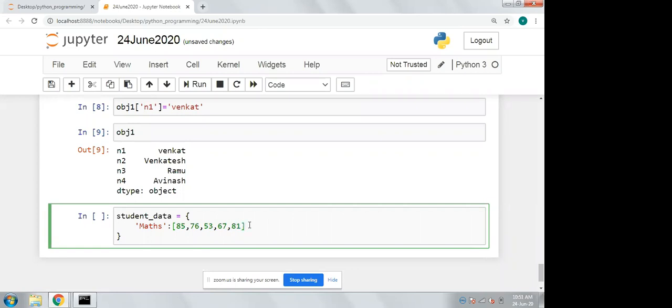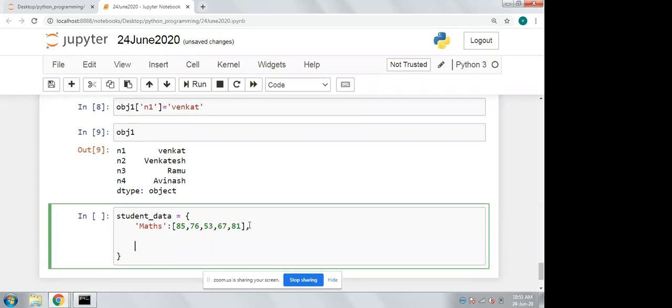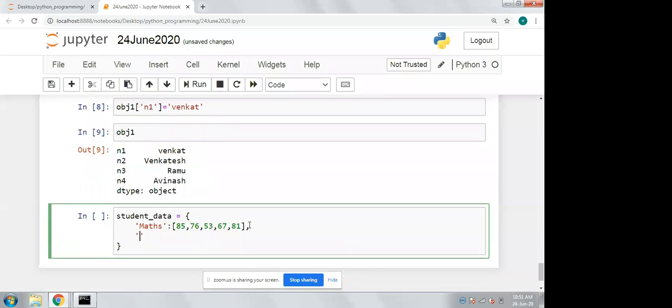This is one key I have taken, and another key is physics. Here also I am taking 5 marks for 5 students.